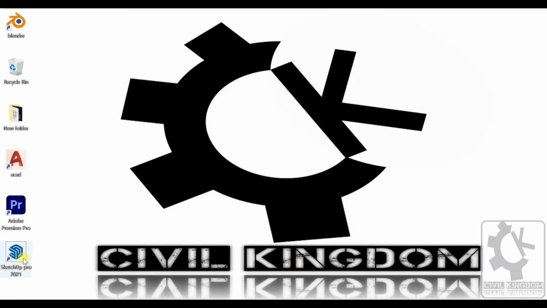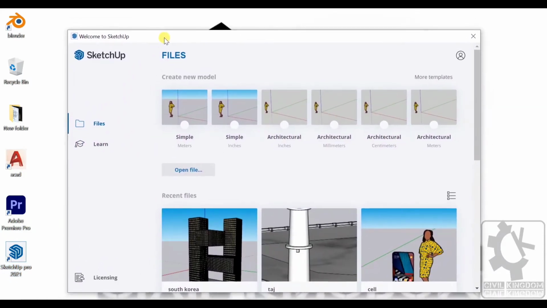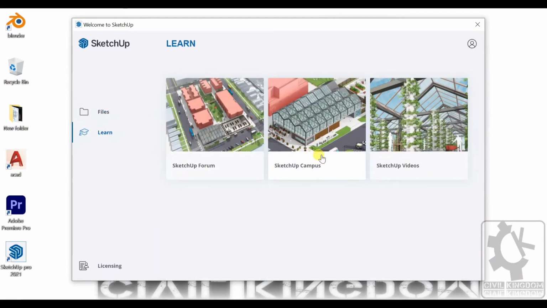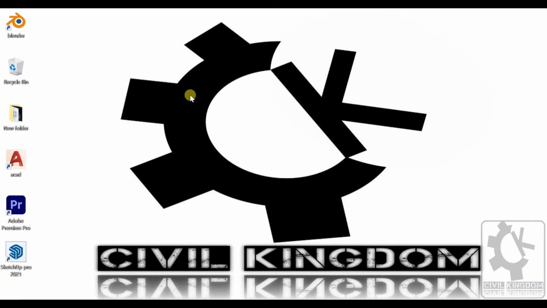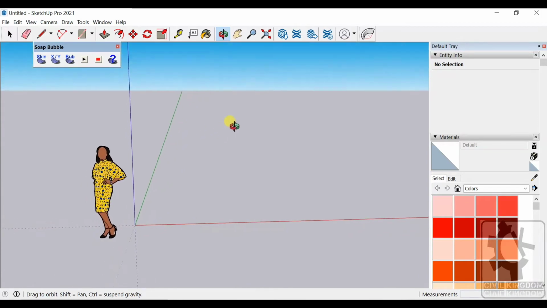When you open SketchUp Pro, the Welcome to SketchUp window will pop up. Here you will find the systems of dimensions, or you can say templates. These are recent documents. It may remain empty if you are a beginner. This is your learning part. Some small tutorials are there. Check it out. For that you need an internet connection. If I select meter now, SketchUp is in meters.